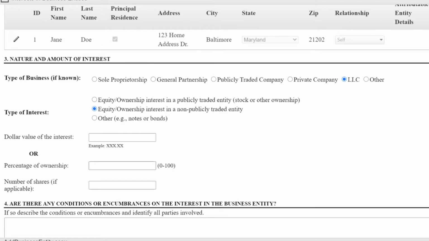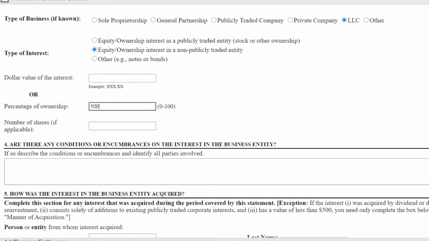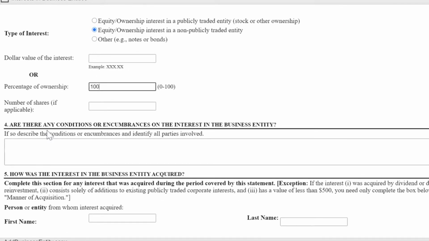I will need to indicate the dollar value of the interest or the percentage of ownership. I can also indicate the number of shares if applicable. I will enter 100 where it says percentage of ownership because I am the sole owner of New Cole Consulting. I will not complete sections 4, 5, or 6 because they do not apply to the interest that I hold